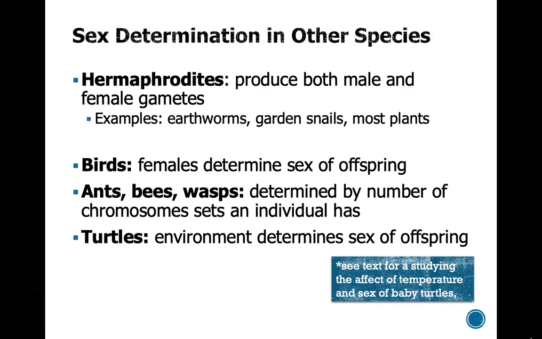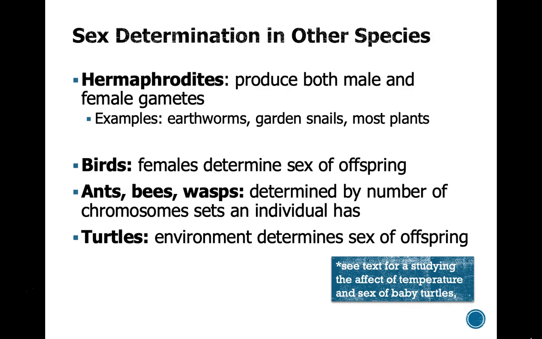So there are a variety of other ways that occur in producing sex in different species. I'm not really going to go over them here. There's some different examples. The only thing that I'm going to say is that one question I get quite a bit is what causes someone to be a hermaphrodite? And in humans, there are actually no true hermaphrodites. I'll talk about a couple of instances in a minute where individuals might kind of seem to have that condition, but in general,